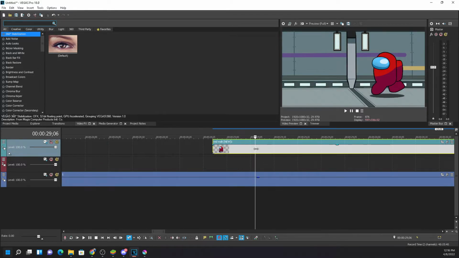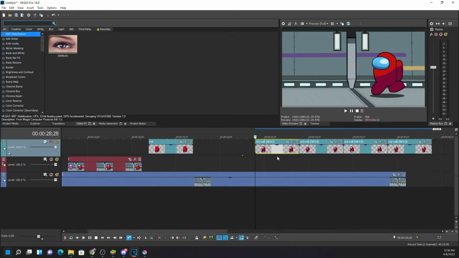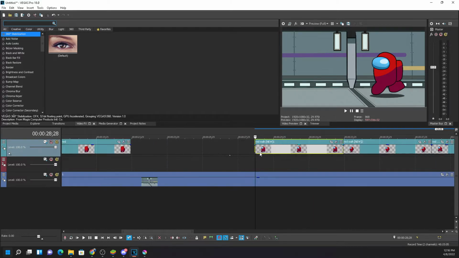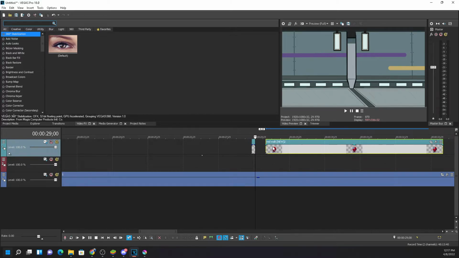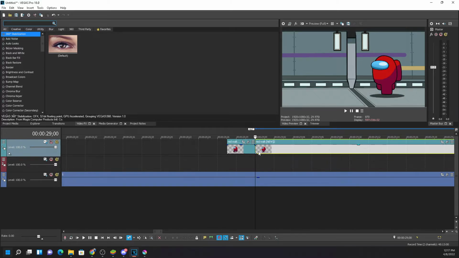As I said, these are only 4 images. I have created animation on Krita, leaving 2 frames between them. Means 0, 1, 2, 3. I need to delete this one. 0, 1, 2, 3.